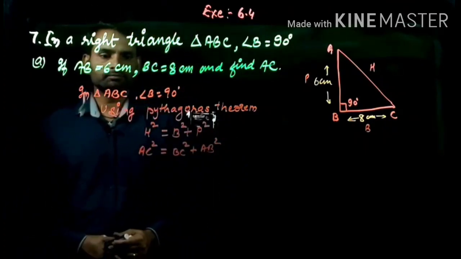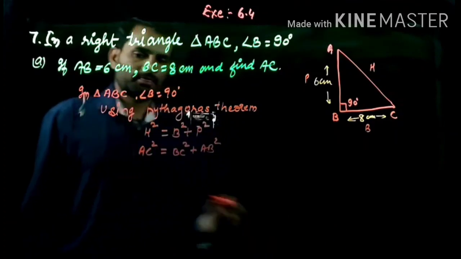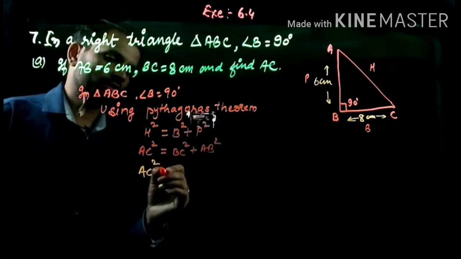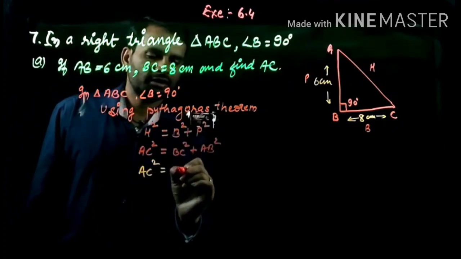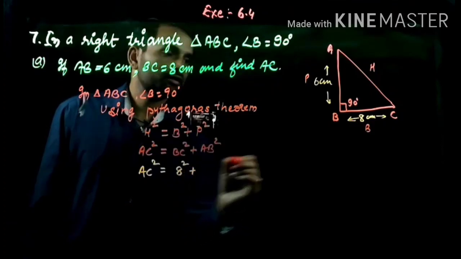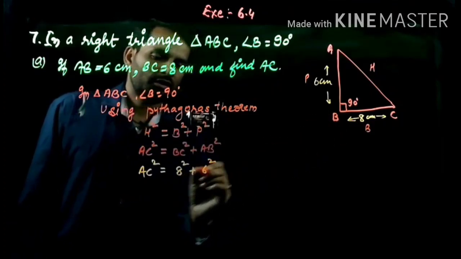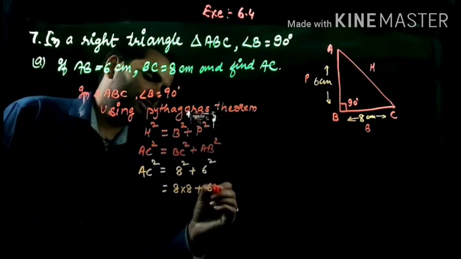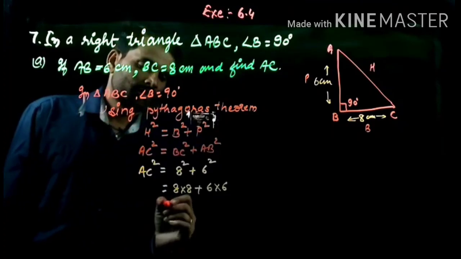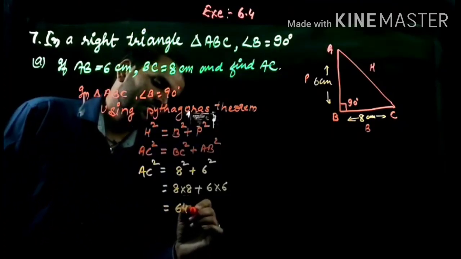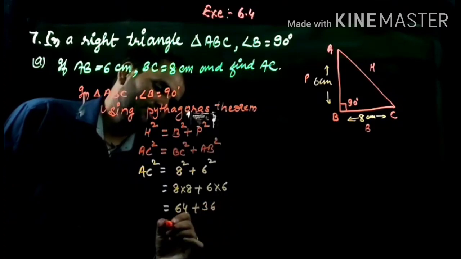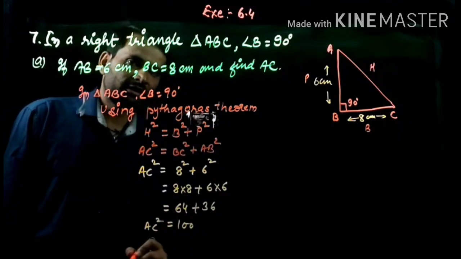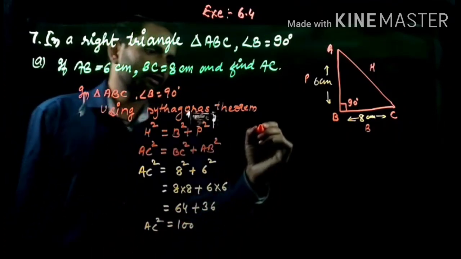Okay, then AC square, BC is 8 centimeter, so 8 square plus 6 square. 8 square means 8 into 8, 6 into 6. Then 8 into 8 is 64 and plus 6 into 6 is 36. After the sum the value is 100, it means AC square is 100 and so AC is equal to root of